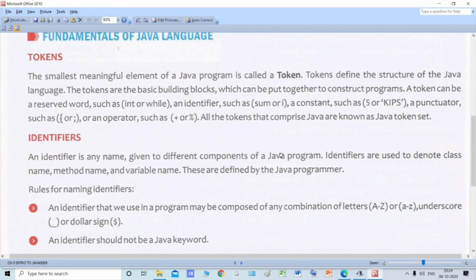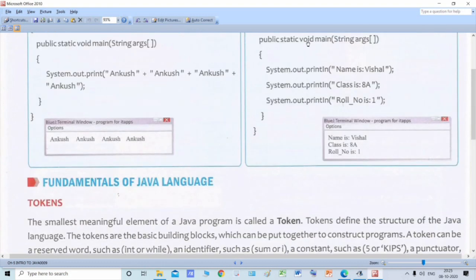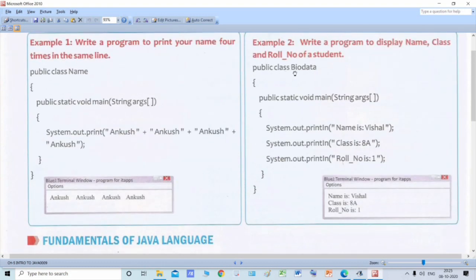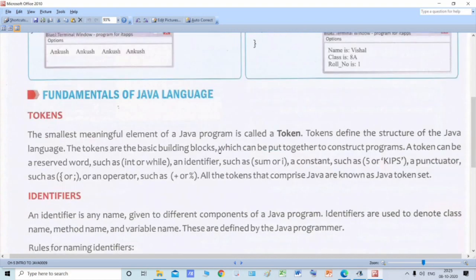Right now we are learning the Java language, so we are the programmers, so we have given this name. An identifier is any name given to different components of the Java program. This biodata is the name of this class. So this biodata is an identifier. Class is not an identifier. The name of this class is an identifier.